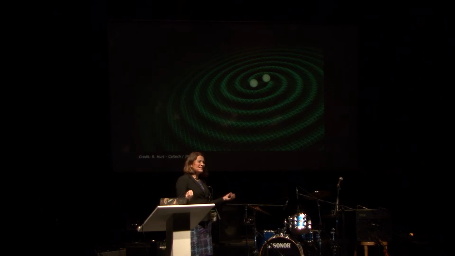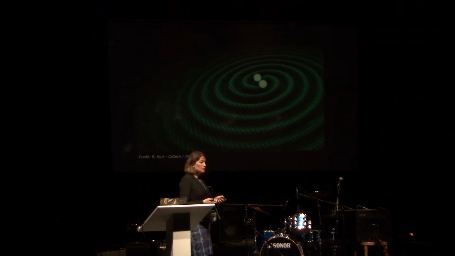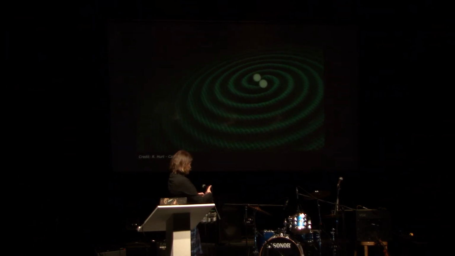If these dense objects, like black holes, neutron stars, I'll tell you much more about neutron stars later, move, they change the way they disturb the fabric of space-time. And so this change propagates like a wave. Just like if you take a stone and throw it in a pond, it makes ripples that propagate. The same thing happens to space-time. So this little movie shows, let's see,